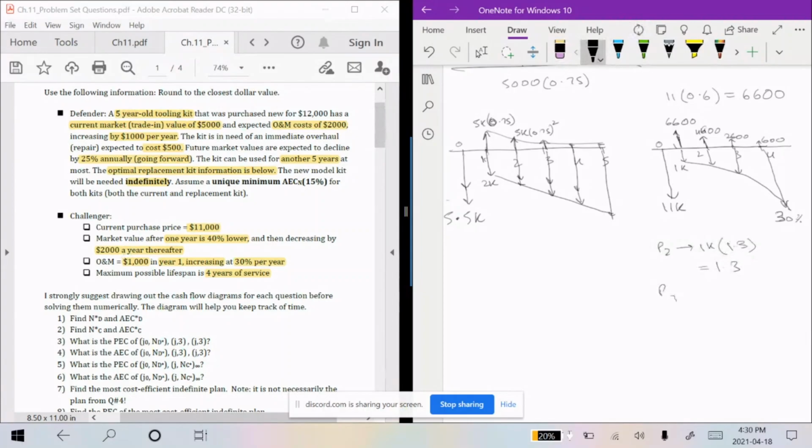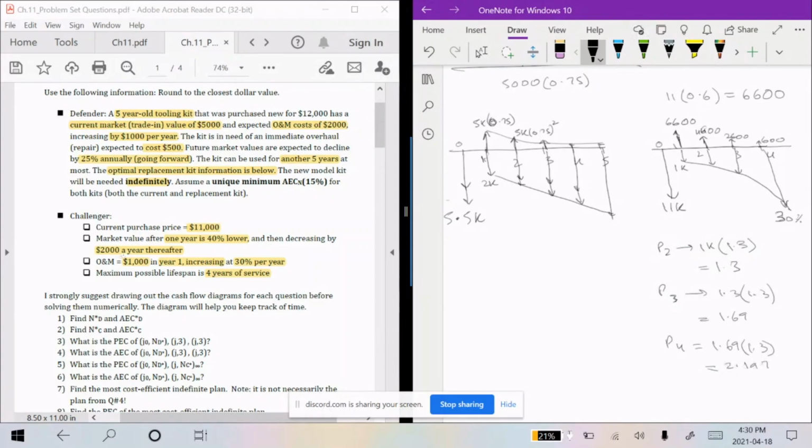In period 3, the operating cost is going to be 1.3 increasing by 30%, which is going to give you 1.69. In period 4, 1.69 into 1.3 is going to give you